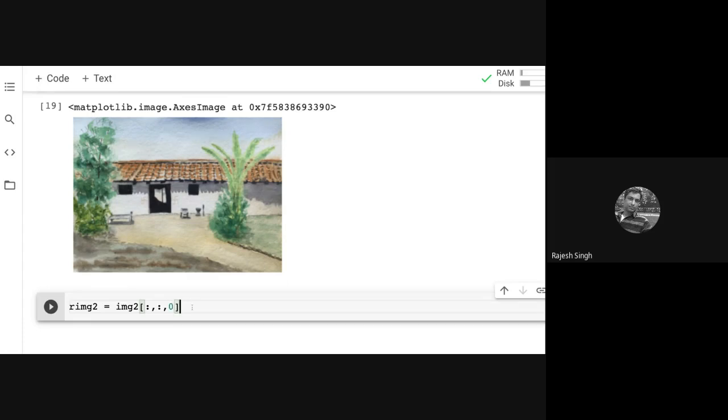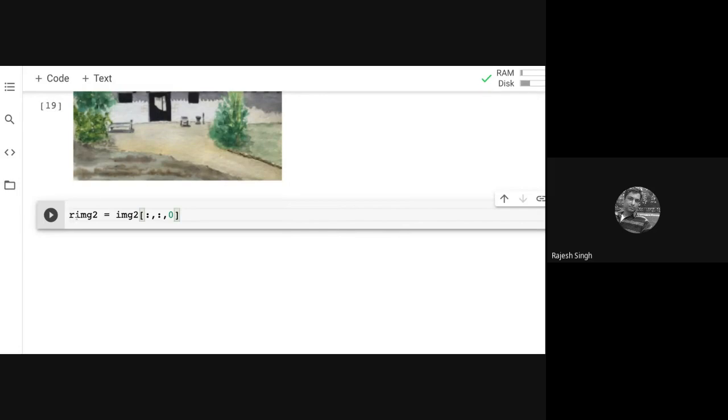This is going to be the red component. In fact, if you want, you can extract all the three components, put them in a for loop, and print all of them together using a subplot.